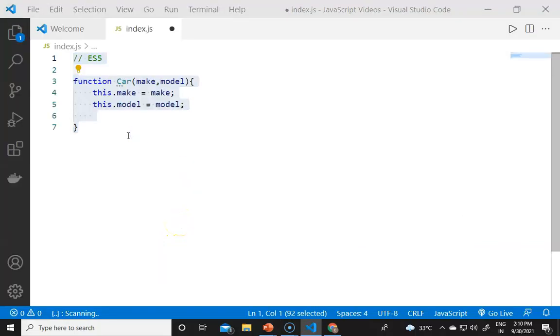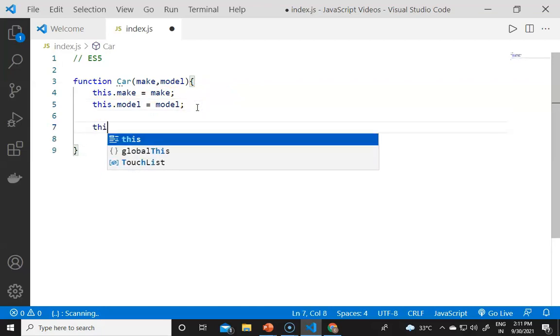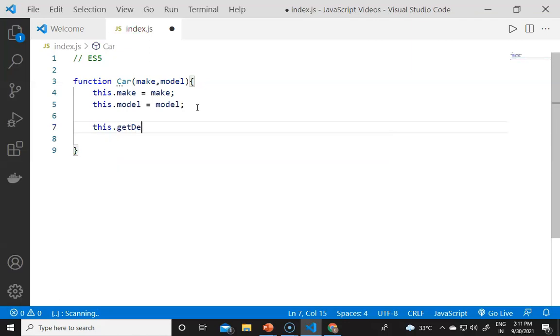So now we are in Visual Studio Code, and if I want to declare a class through ES5 syntax, it would be function Car, with make and model in the constructor. To declare the properties we use this.make equals make and this.model equals model. And to get these we have to use a function like this.getDetails equals an anonymous function and then return